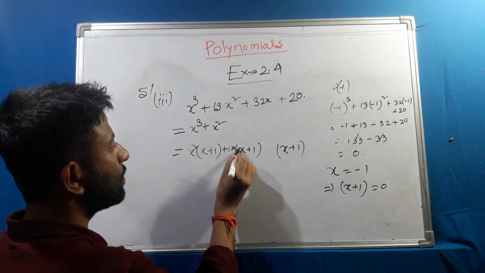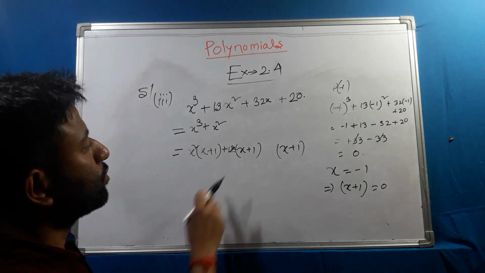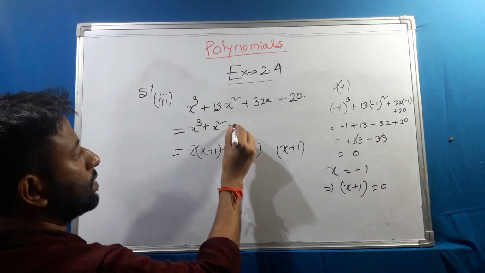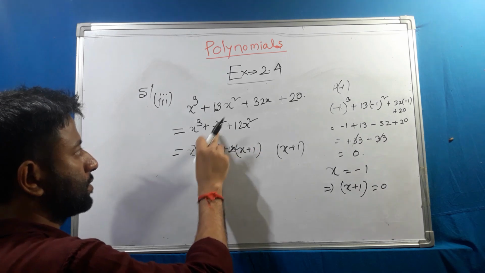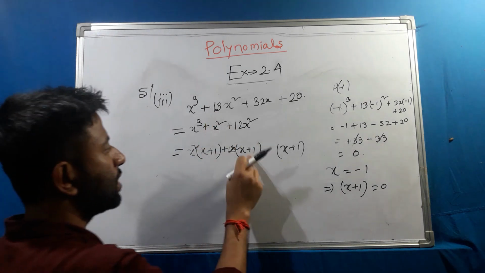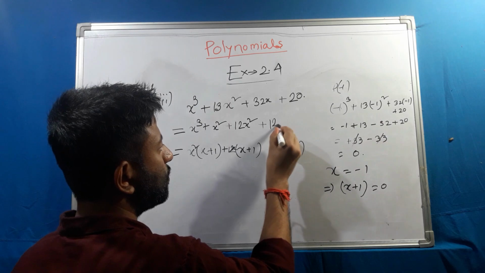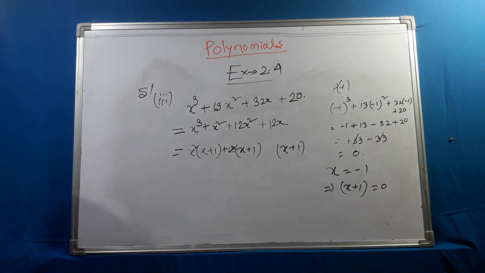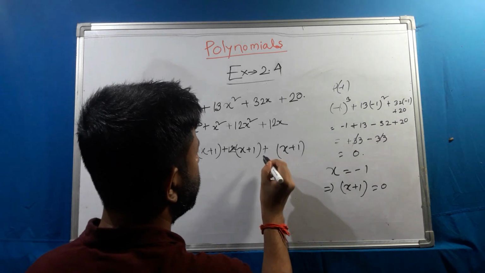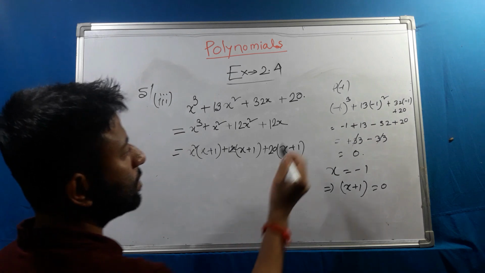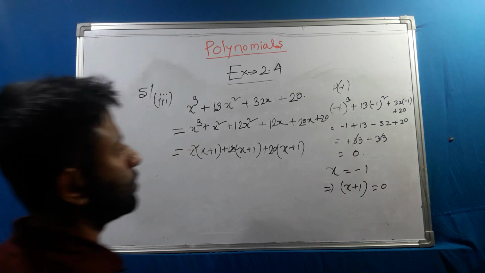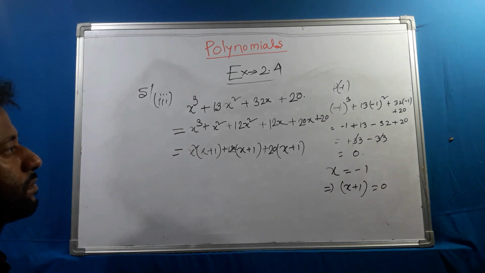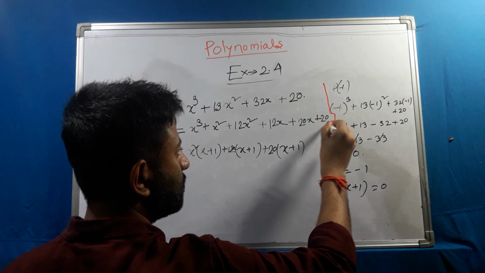यहाँ पे मैं 12x लिखता हूँ। तो जब 12x लिखता हूँ तो प्लस 12x स्क्वायर हो जाएगा। तो अब देखिए, x स्क्वायर यहाँ पे 13x स्क्वायर था, डायरेक्ट मल्टीप्लिकेशन कर दिया तो रिमेनिंग 12x हो गया। बट यहाँ पे 32x था, मैंने 12x लिखा, तो रिमेनिंग 20 रह गया। 20 पुट करने से यहाँ पे 20x और यहाँ पे प्लस 20 आ रहा है। यहाँ पे अपना बॉर्डर खींच देता हूँ। ओके,